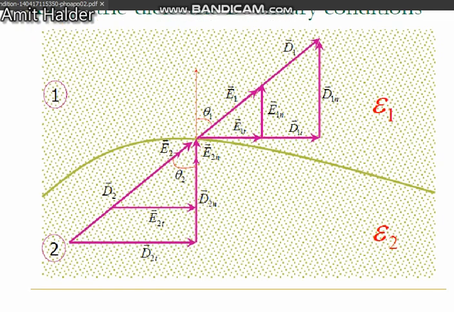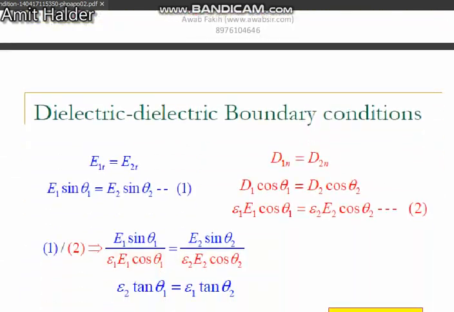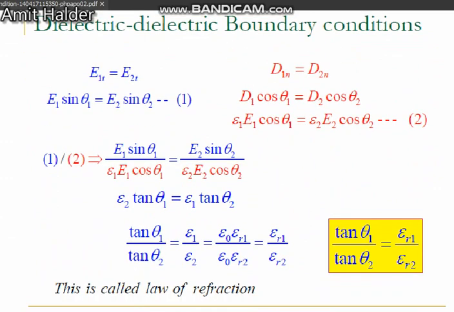At last we have proved it. So the dielectric boundary conditions are as follows. The tangential components are equal to each other. The normal components of dielectricity are also equal to each other. And for this, that is called the law of refraction, as we have studied in optics, in physics, previously in intermediate in HSC.